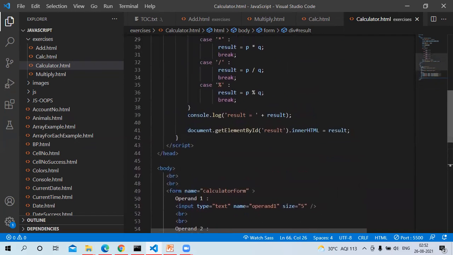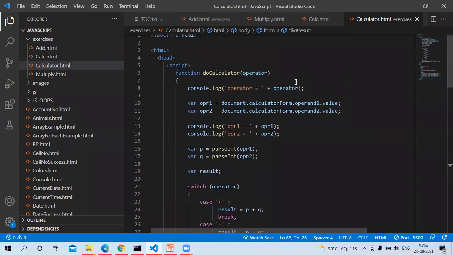Next, this is a JavaScript function. Function doCalculator, and operator is coming as a parameter to this function. Initially, the value of operator, we are displaying it here. And then we are reading the 2 operand values, operand 1 and operand 2. So the values of the operands will come and sit in these temporary variables, OPR1 and OPR2.